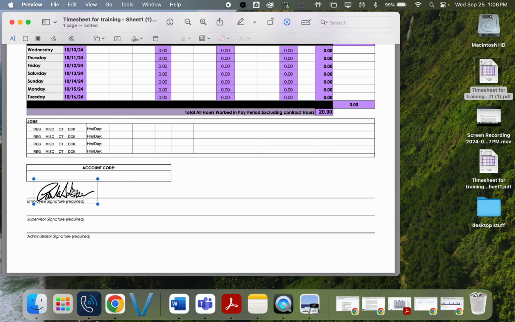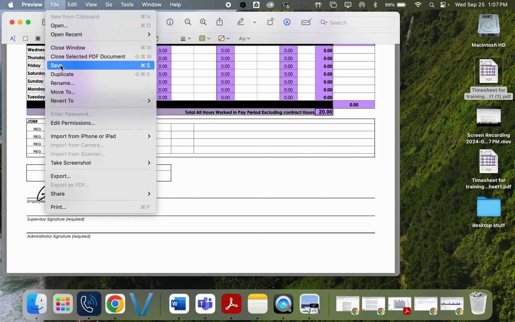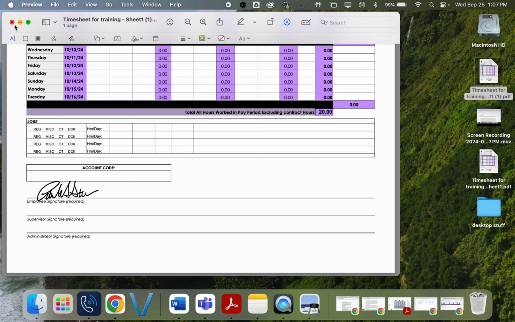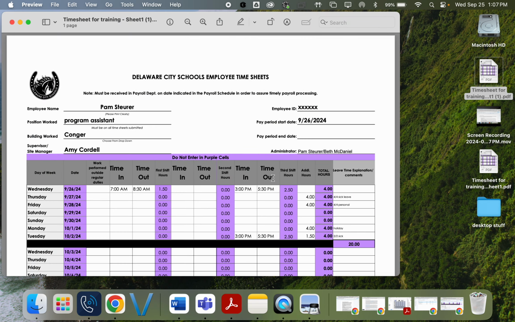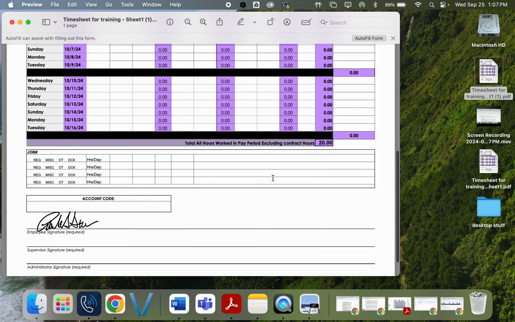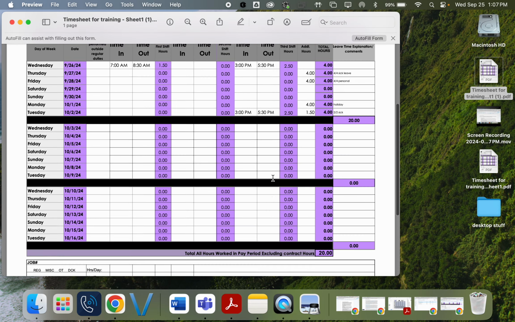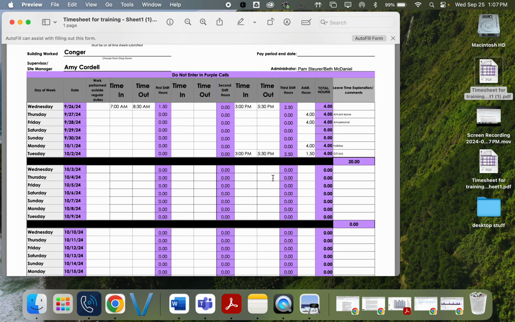And you can move it, you can make it larger, you can make it smaller. And then you go to File and Save. And I'll open that back up so you can see it saved everything. There we go. Now all you have to do is drop that into an email and send it to your